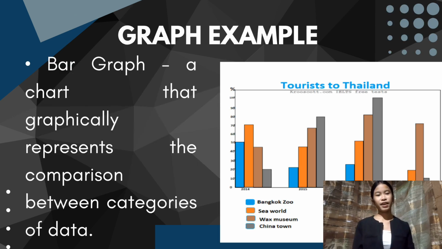The second one is a graph example, and our example for that is a bar graph. A bar graph is a chart that graphically represents the comparison between categories of data. A bar graph is also known as a bar chart. A bar graph is a visual tool used to compare data across different categories. It is commonly used in various fields, including business, education, science, and media, to present data in an easily understandable